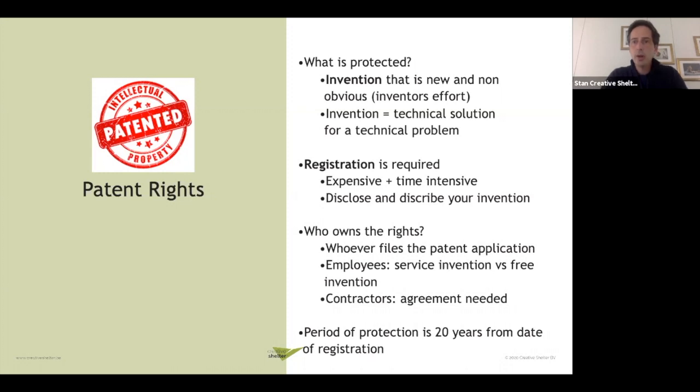So who owns the rights here? It's whoever files the patent, it's the inventor. So be aware of contractors. If you make an invention, make sure it's clearly written in your agreement who owns the right and who can file for this invention, and if there's any extra or additional compensation you need or you want,